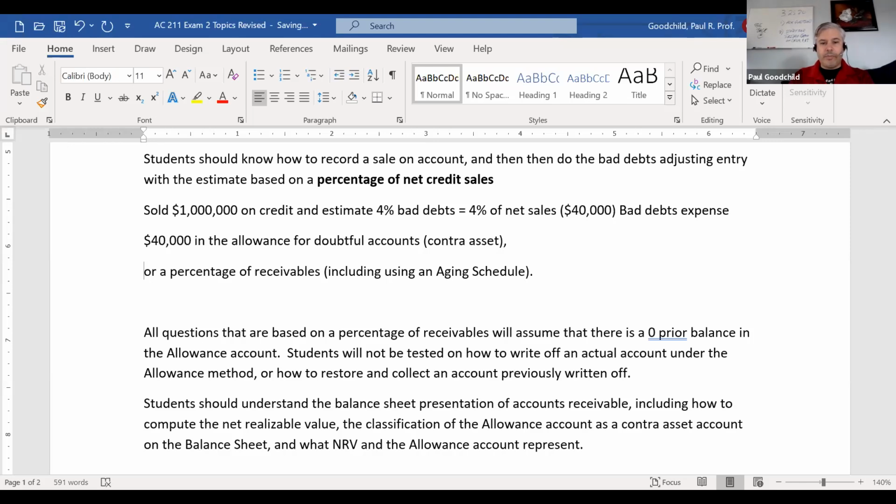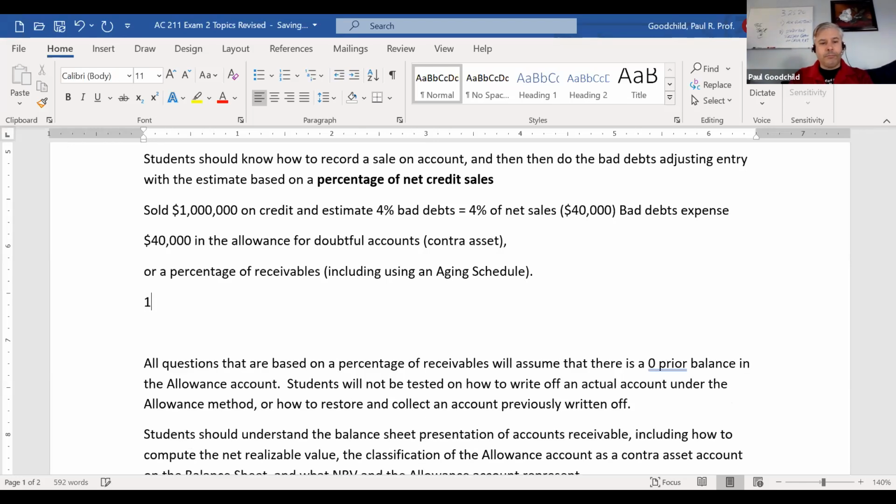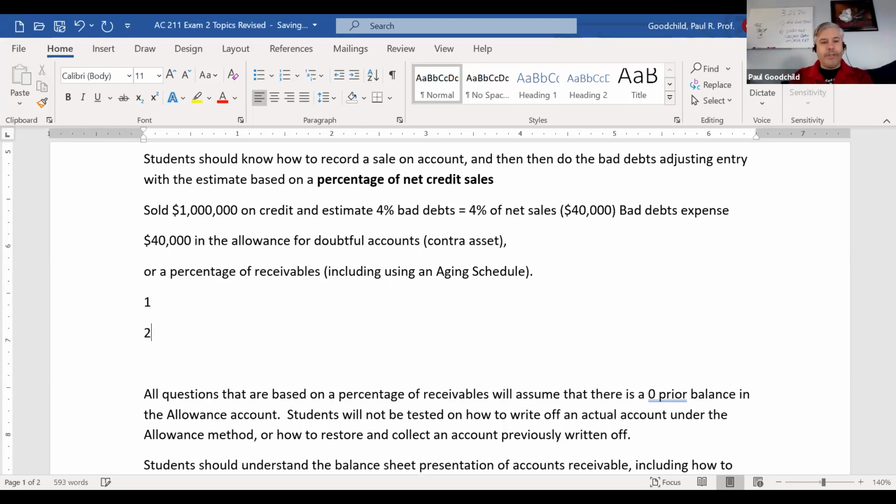All questions based on percentage of receivables assume that there's a zero prior balance in the allowance account. Okay. Yeah, see, this is where I talked about the one in class and I made the mistake because the textbook delivers it as if there's no balance and doesn't make mention of it. So this is the example in class when they say, okay,